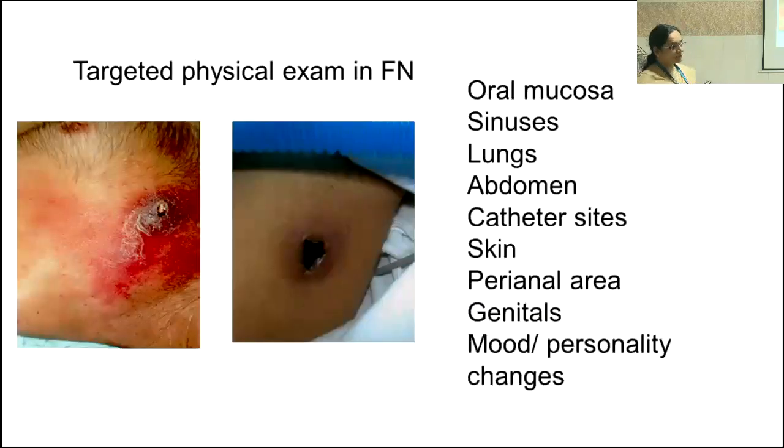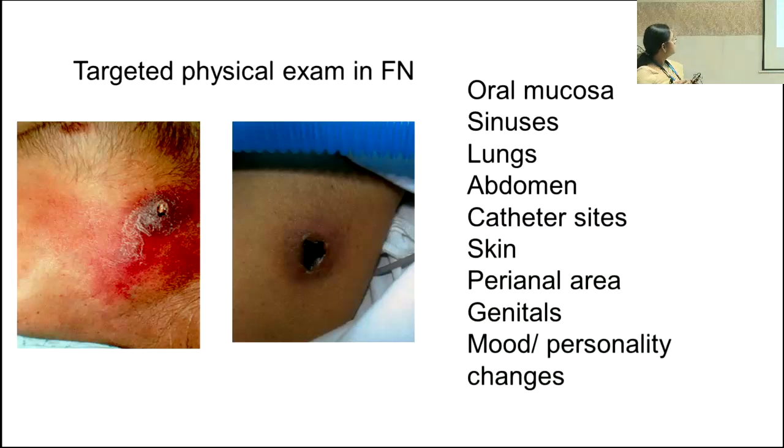And again, a targeted physical examination, again, all postgraduates would know this, but something which I really want to stress on is your perianal examination, please don't miss that, genital examination, and subtle changes in mood or personality, especially in children. CNS infections don't manifest with headache, neck stiffness, vomiting, and all that. Most of the times, the child or a patient is just more sleepy than usual or angrier than usual. So it's all very subtle. So if you can pick up those clues, then you would be more inclined to imaging and work up for CNS infection.